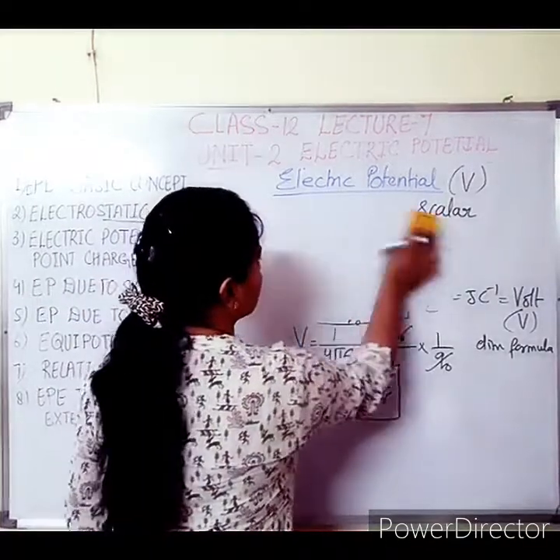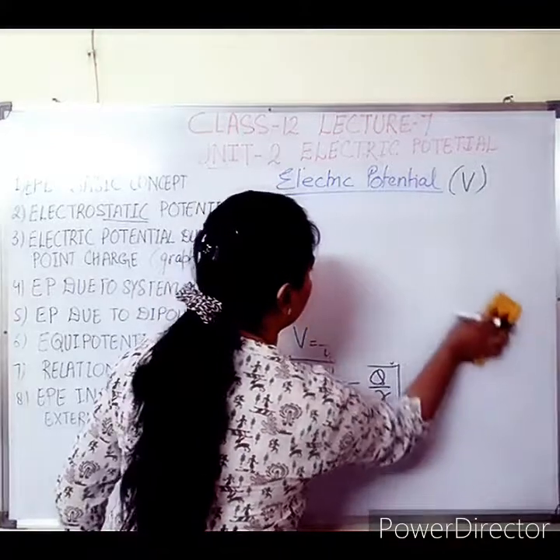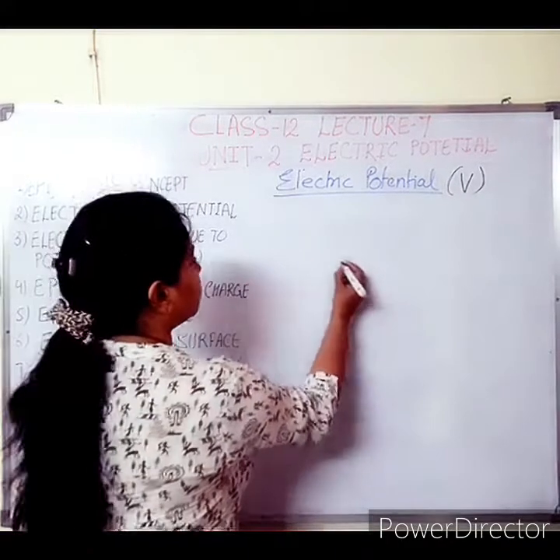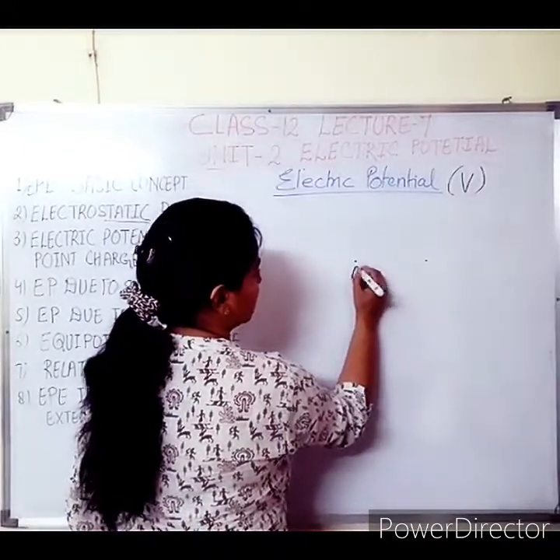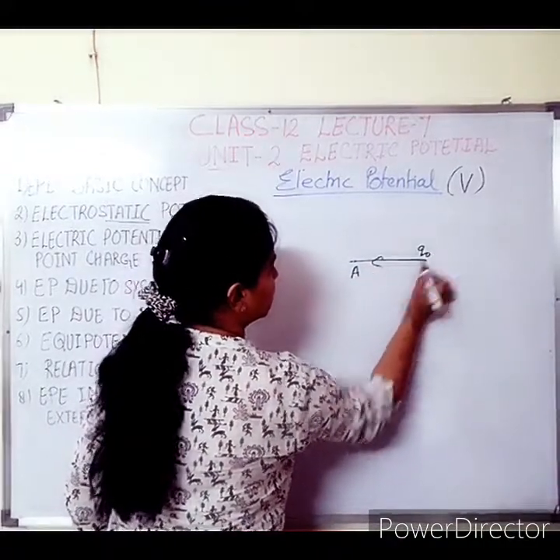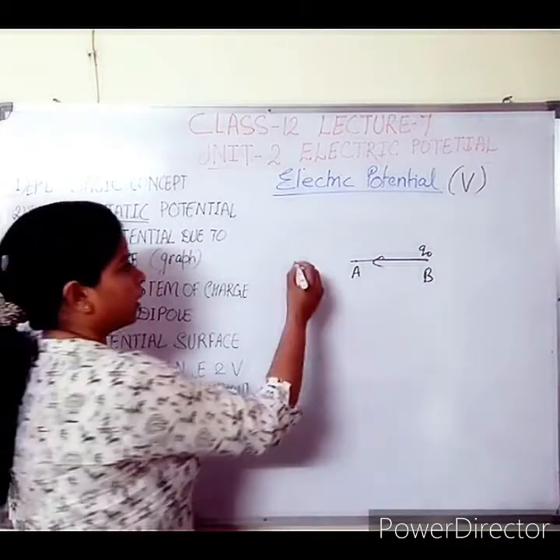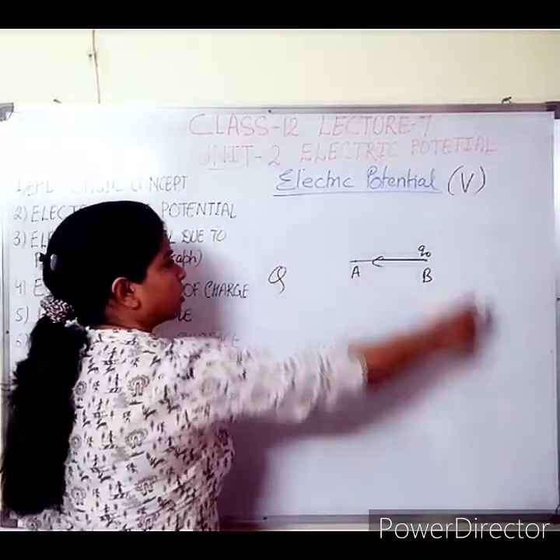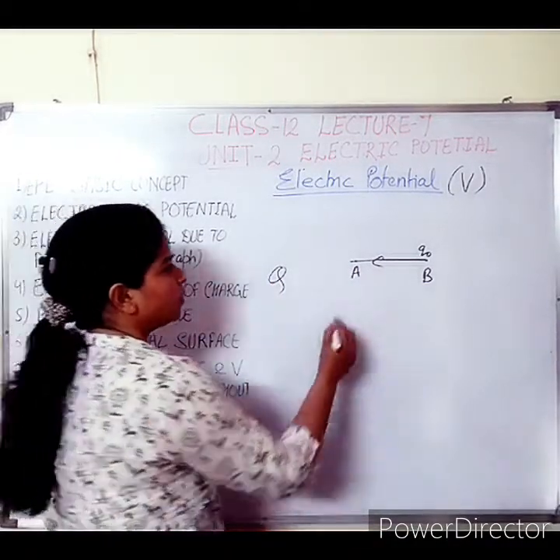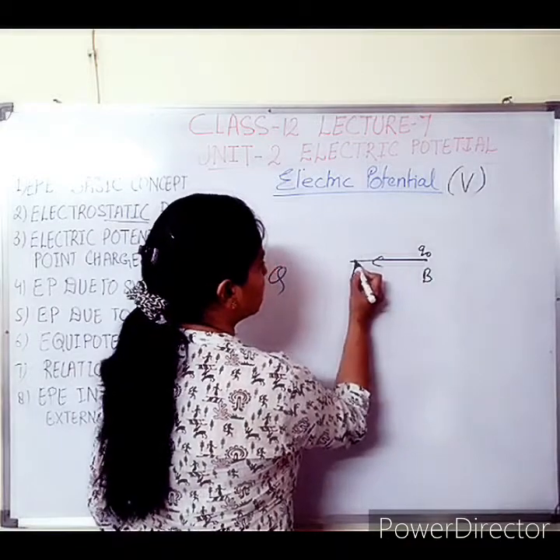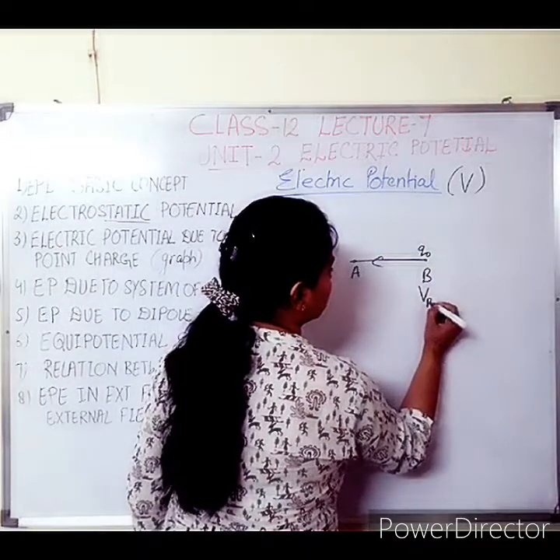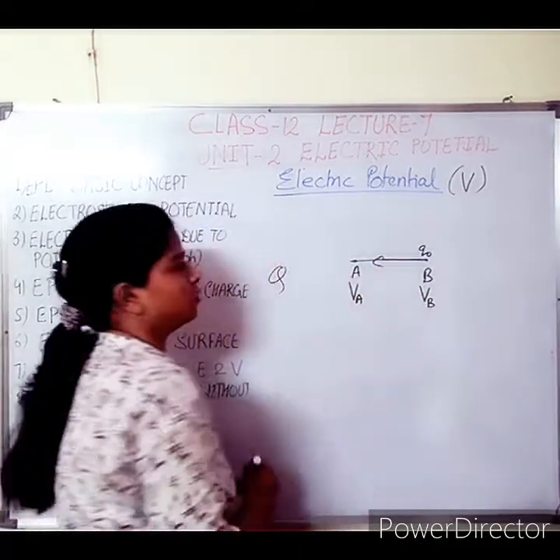But remember one thing: absolute electrostatic potential does not exist practically. Why? Because of the two points, one is A and the second is B, and the test charge is moving from B to A in the electric field of the source charge, and this whole area corresponds to the electric field of this source charge. So this Q naught charge moves from B to A. The potential at point B is VB, and the potential at point A is VA.